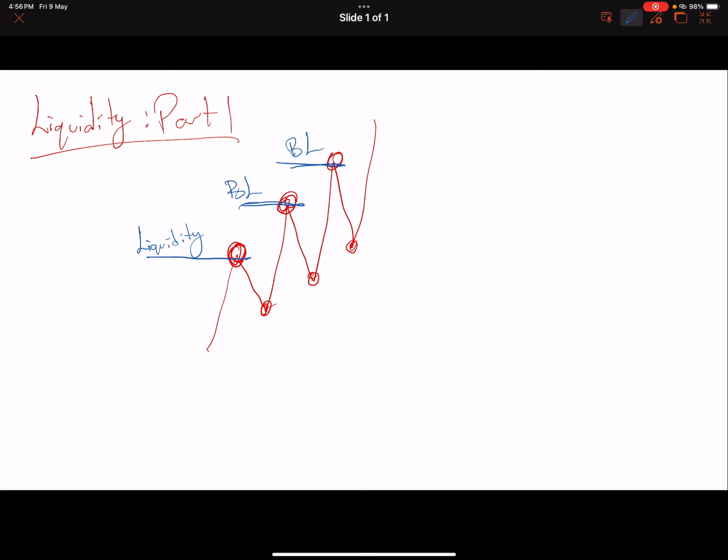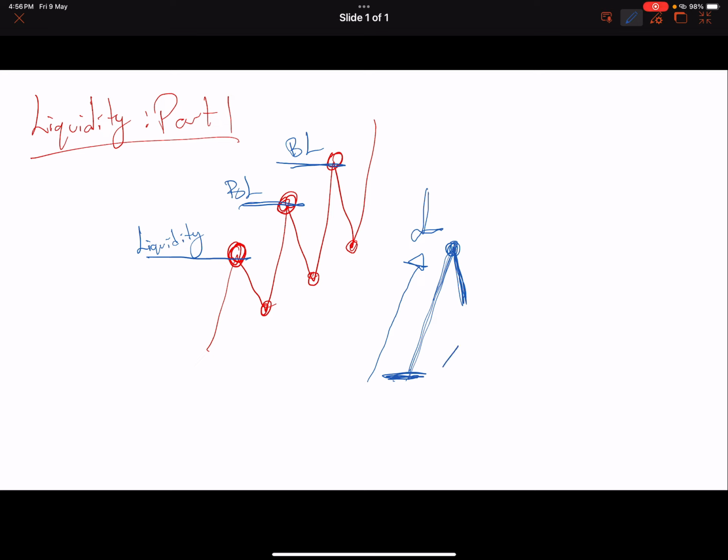What I mean by buy side liquidity is that when the price is going up higher, and as it turns, before it turns, at this point, people are liquidating their trades. What do I mean by liquidation? It is taking profits or cashing out or closing the trade. So people who are long at this position are taking the prices all the way higher.